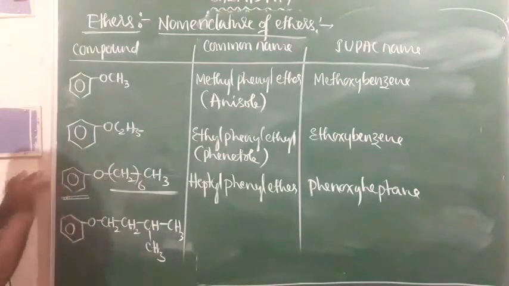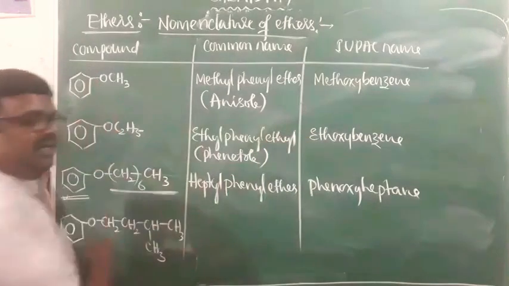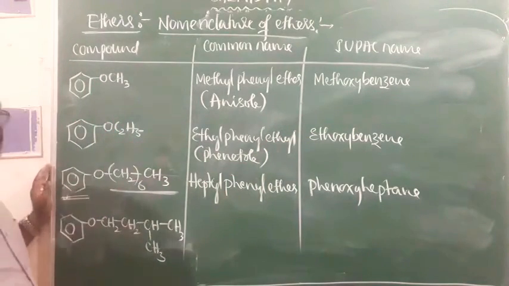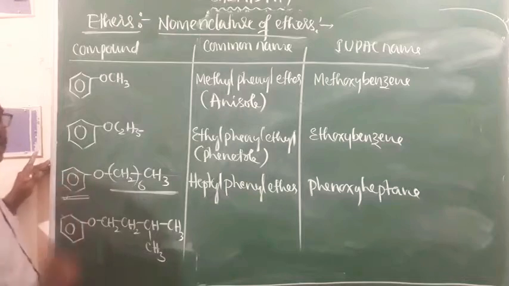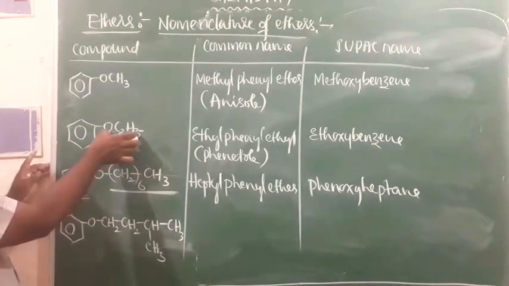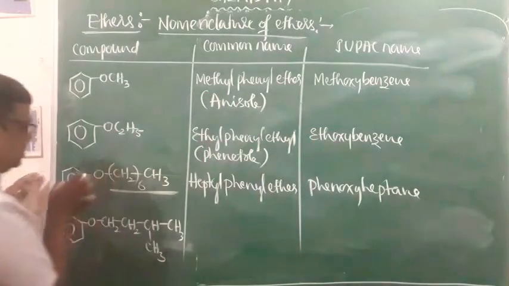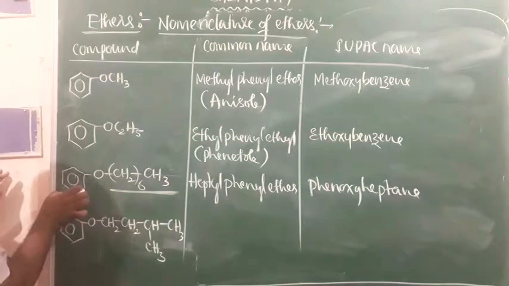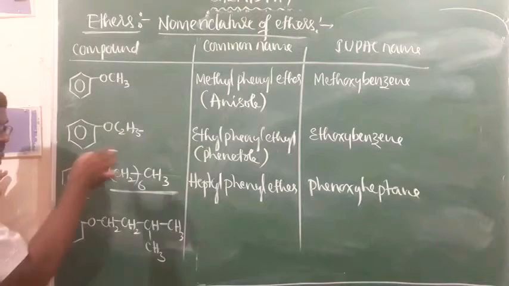That is heptoxybenzene allyl. Next, ethoxybenzene allyl. It is phenoxyheptane because your benzene ring is taken as substituent. That's why it is phenoxy. Your C2H5 is taken as substituent. Therefore, it is ethoxy. Your C6H5 phenyl group is taken as substituent with less number of carbon atoms compared to